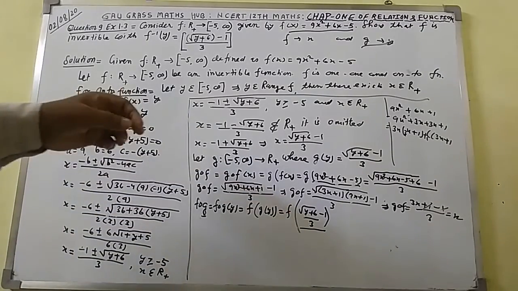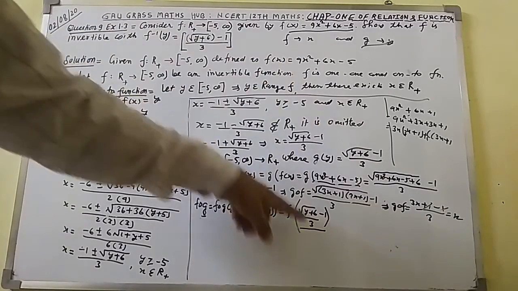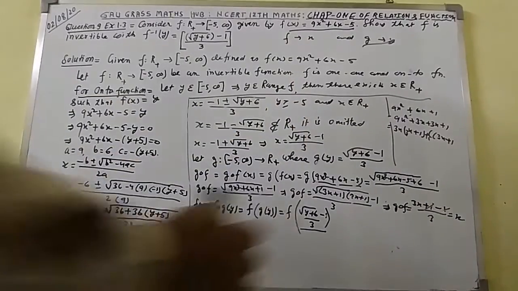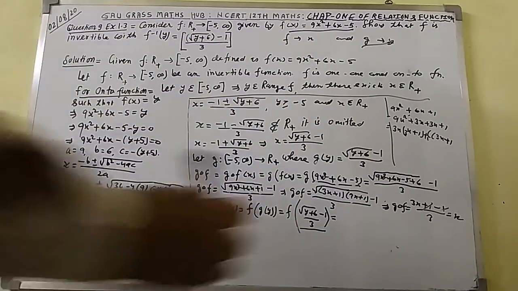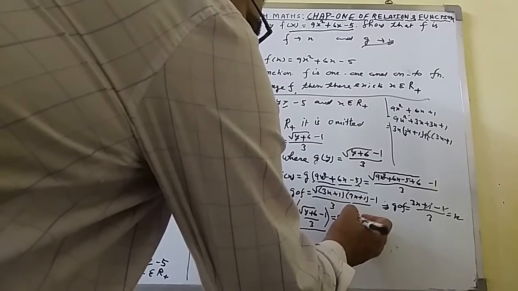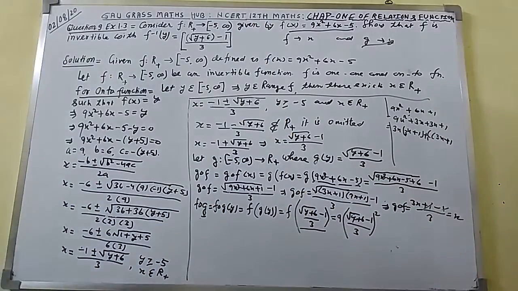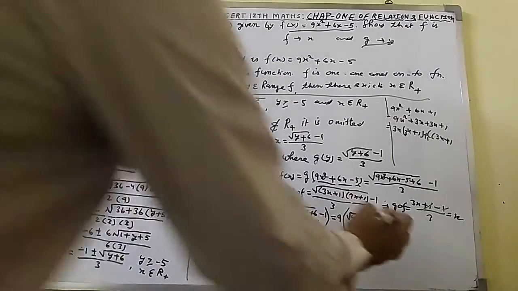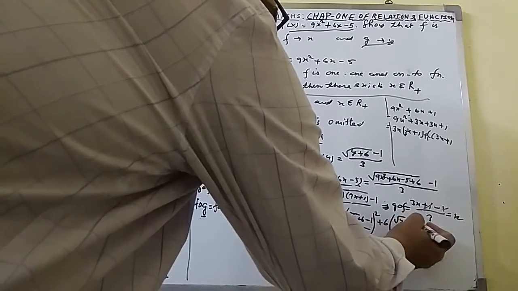So in f(x) you can see here f(x). Where is f(x)? Here you can see. So in place of x, we will put this whole value. Here you get 9. So in place of x, we will write this value. So here write 9 times ((√(y+6) − 1)/3) whole squared. In place of x I have written it. Here write plus 6 times ((√(y+6) − 1)/3), and here write minus 1.